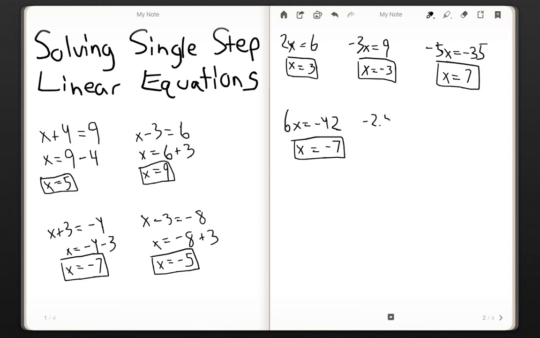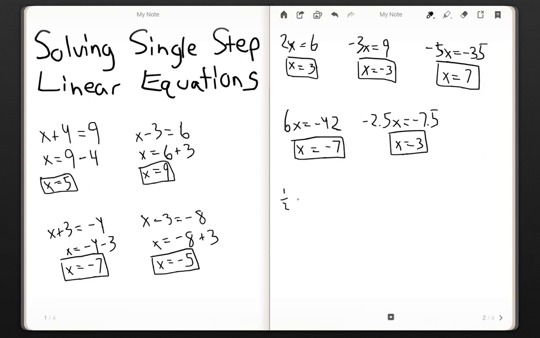Negative 2.5x, we're going to have some decimals here, equals negative 7.5. Negative 7.5, divide that by negative 2.5, and you get x equal to 3. Alright, now let's throw in some